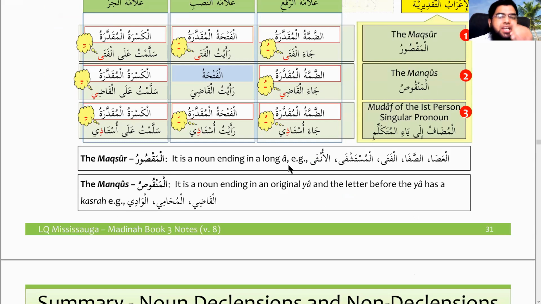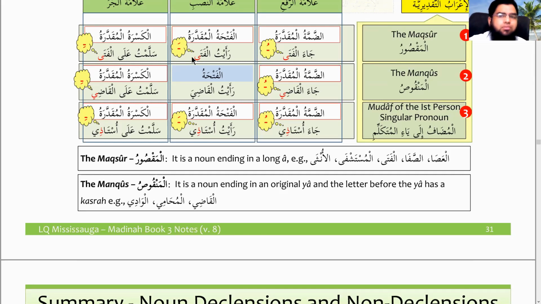So what is maqsoor? It is a noun ending in a long a. That is an alif. It could be a zahir alif also, right? Like da. Da is a verb anyways. Okay. Remember another thing: fail madi and fail amr are always mabni. We never talk about them in verbs. Fail madin wa fail amrin mabni, meaning they're always mabni. They're fixed. Only mudare is what we talk about. And what is the meaning of mudare? Anyone knows?